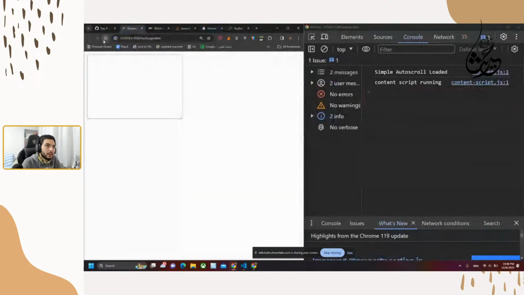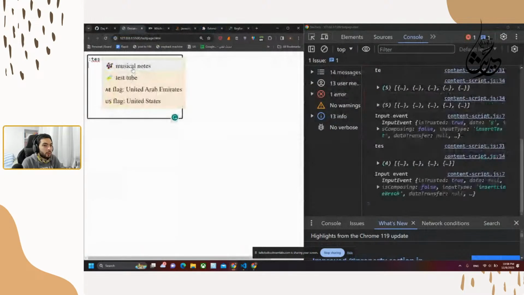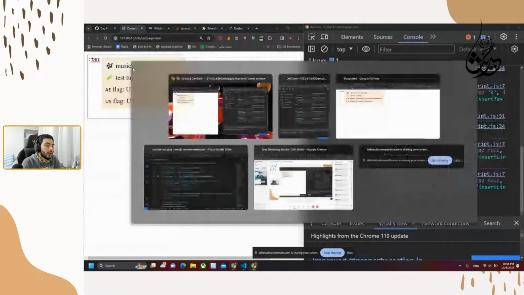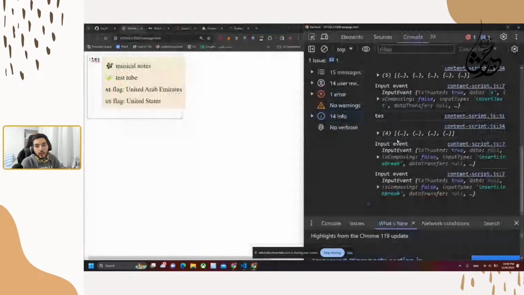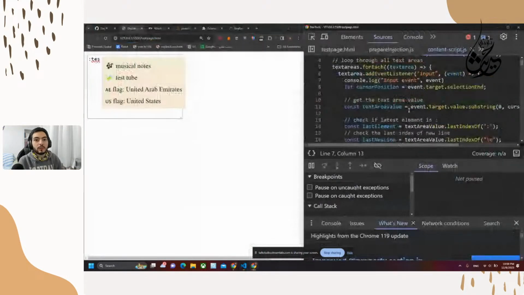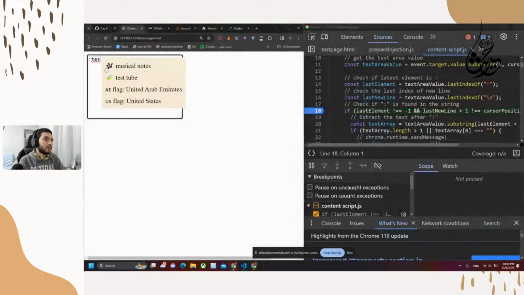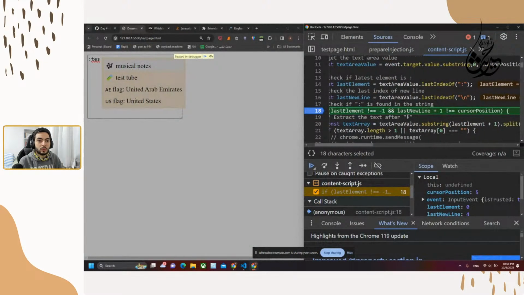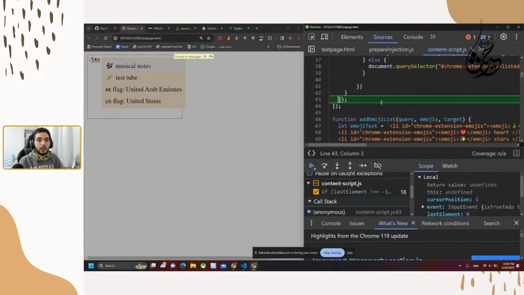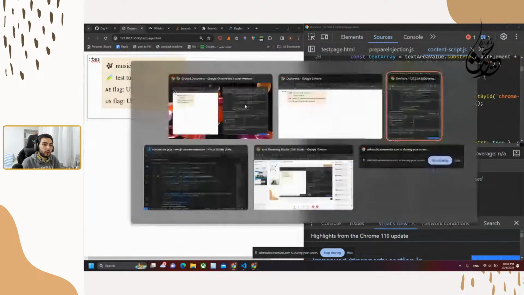Here, refresh, refresh. TE, we have that, and when you go with the new line, nothing happens. Okay, what we could do is, why nothing happened? You just see cursor position, and let's just go here, click enter. We have last element of index, we have this as true, it should be, and then it's false. Yeah, okay. So what we could do as other thing is,